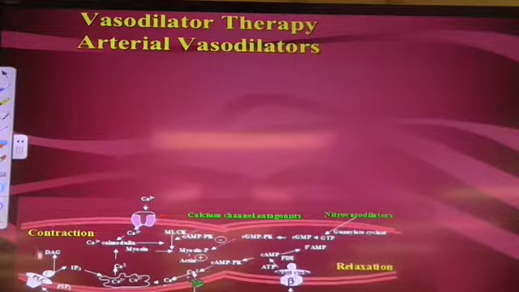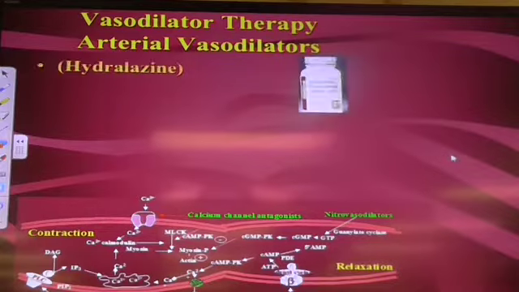So what we're going to talk about are the different drugs that we use. Overall, we can also prevent contraction by simply decreasing calcium from going into the cell. And that's going to be our major form of causing vascular relaxation. So one of the points to remember is in the heart, when we increase cyclic AMP, we cause contraction. But in the vasculature, when we increase cyclic AMP, we cause relaxation. All right, so that's the point of this slide.